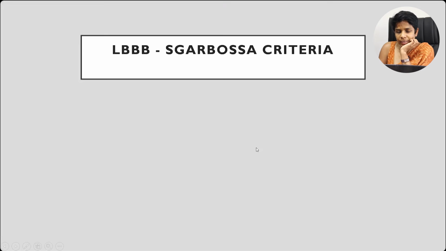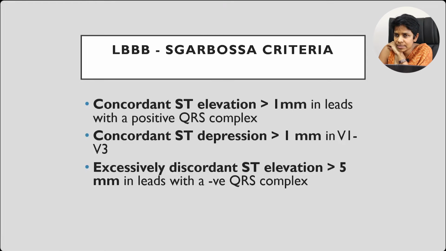So, in the guidelines, for indications of reperfusion, we take ST elevation and also left bundle branch block; new onset left bundle branch block is also included in that criteria. But how do we detect MI in a patient who already is known to have left bundle branch block? There are certain criteria to detect those ST